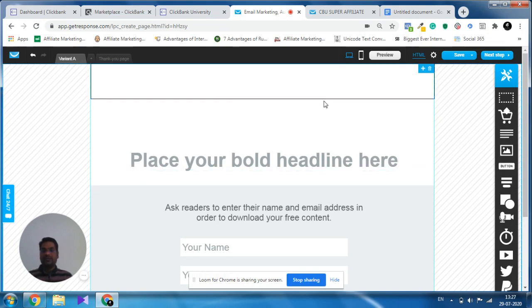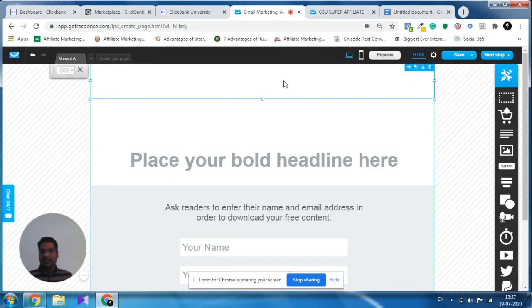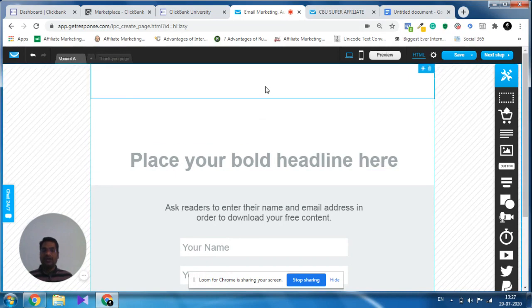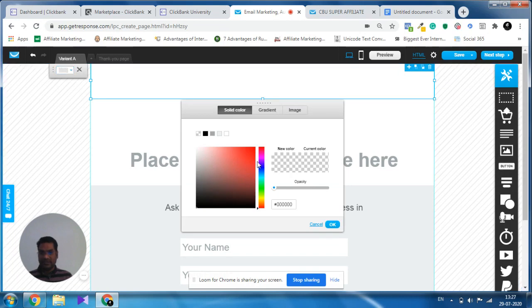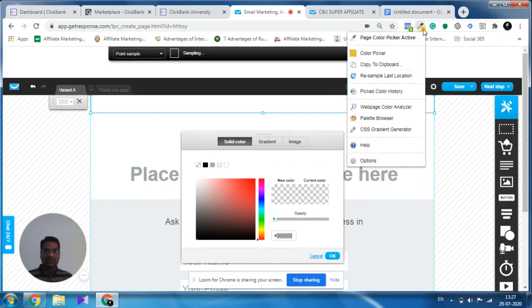Okay, so what do I have to do? I have to change its color. What you need to do is double click on that shape you have made. Okay, just choose this color. I mean, you can change the color from here. So it's not that. Wait.